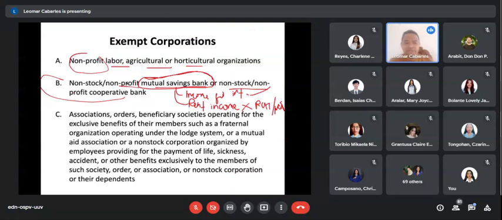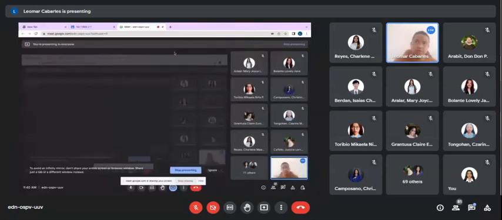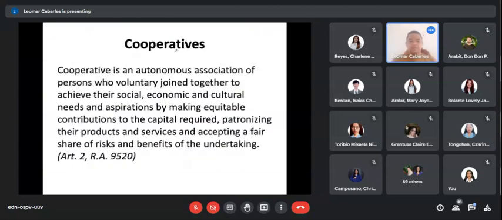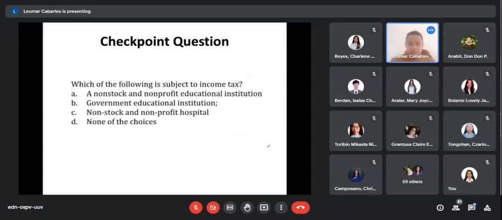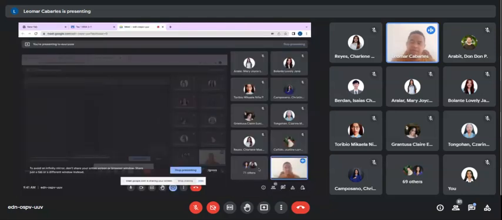So if you fall under these sections ng NIRC, and you become an exempt corporation, your exemption is only as far as your registered activities are concerned. It's not a blanket exemption. So, ganun yung rule dyan, no? So, cooperatives. Sinama ko rin to kasi may mga exemptions din to. Tulad nito, sabi dito, ang cooperative, may income tax siya sa kanyang unrelated na income. Pero subject din siya to capital gains at iba pang tax. So, pag in-exempt ka sa tax, specific talaga yan, hindi yan blanket. Ni-specify yan sa law